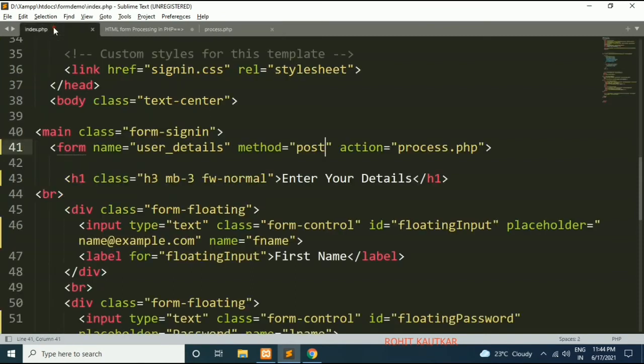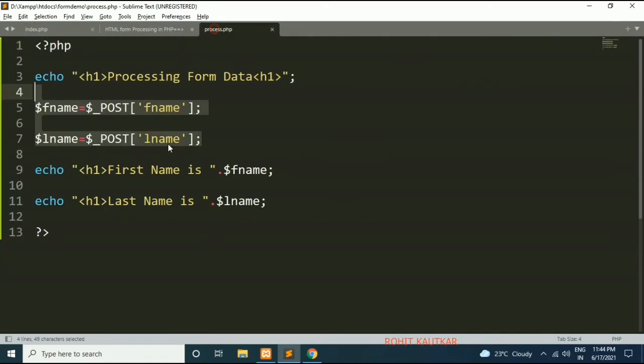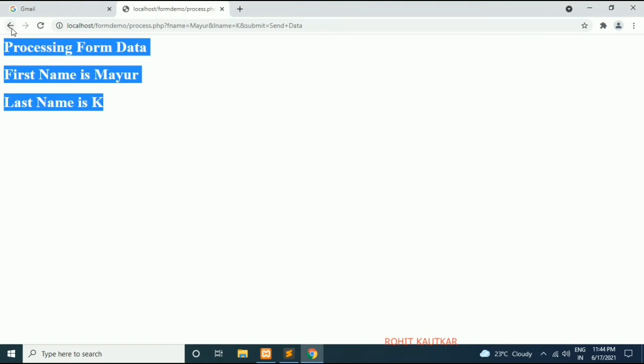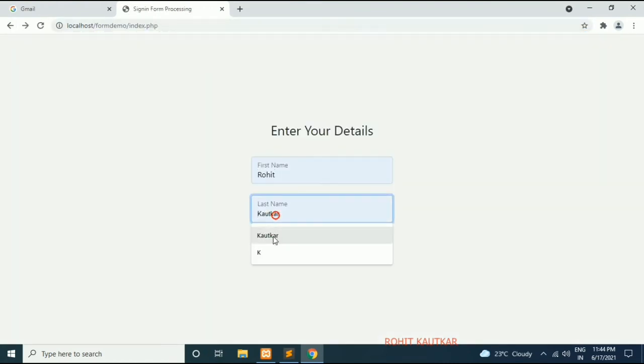Now friends, if you have n number of controls available within your form, you can write the same kind of statements for every control. Whatever data is submitted through that control will get collected within the respective variables like this. Now if we go back and reload this file, we will submit our data again.